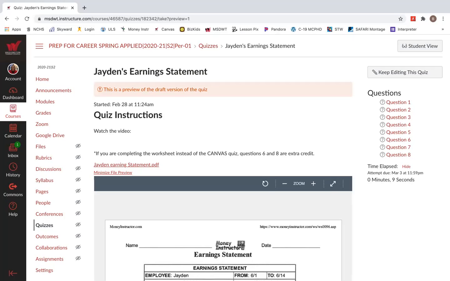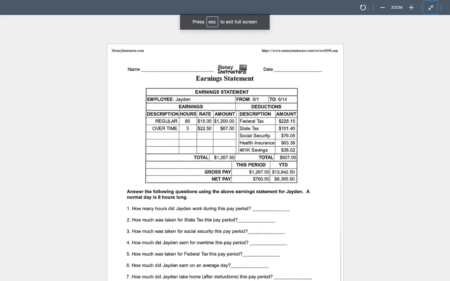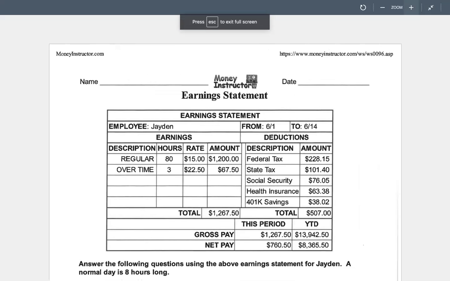Okay, prep career students. This assignment, Jayden's earning statement. This is quite important because once you get a job and you're keeping track, like we kept track of our hours and how many hours we worked and our hourly rate, that information of how many hours you work is going to be put into your earnings statement because now you